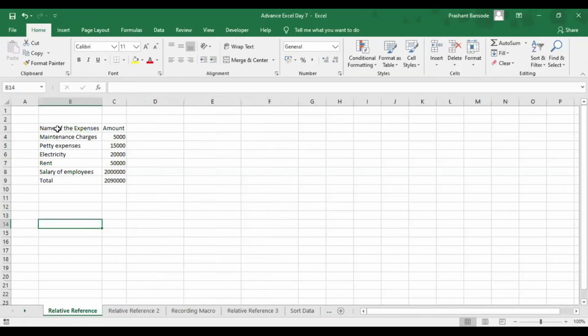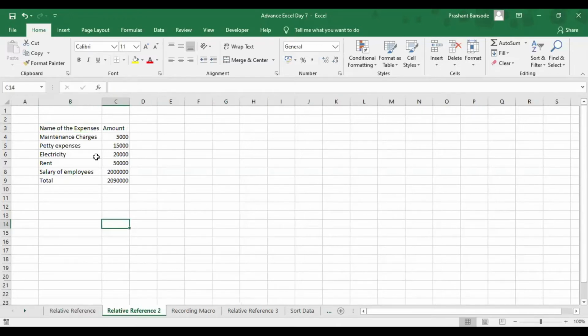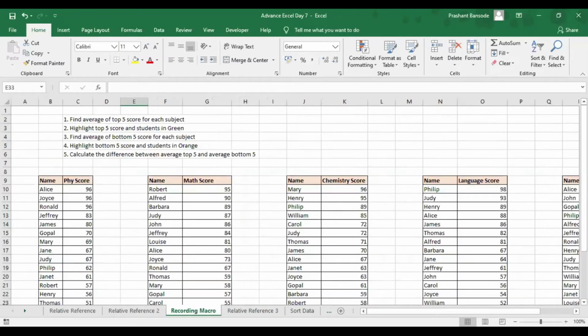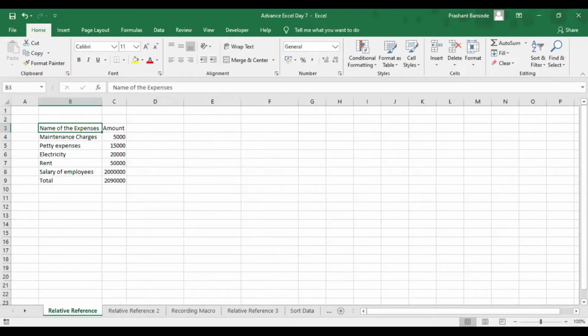For example, I'll just do one simple macro over here, and I will run this macro in this particular tab as well. Then we are going to do a different recording of macros on different sheets as well. So we need to understand how we can apply macros over here. Now keep your cursor over here.